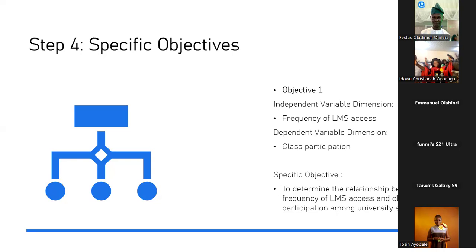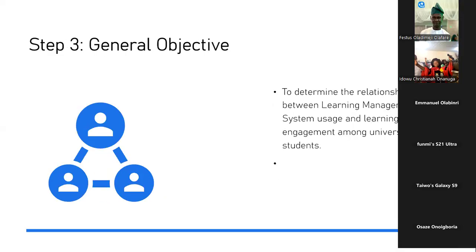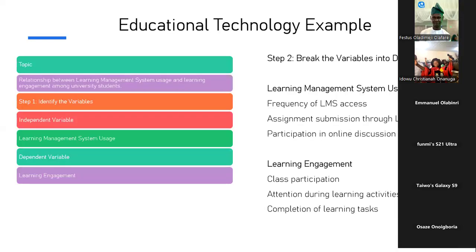So then, secondly, we will pick the second subvariable of LMS, which is what? Which is assignment submission through LMS. So we also look at the relationship between assignment submission through LMS and learning engagement of the university students. That is the second one. Then the third one, we look at participation in